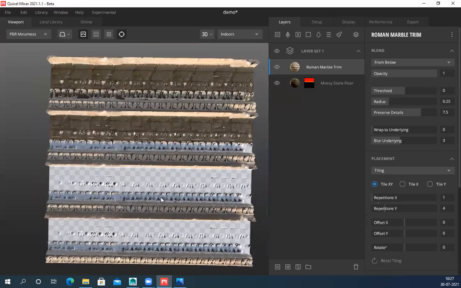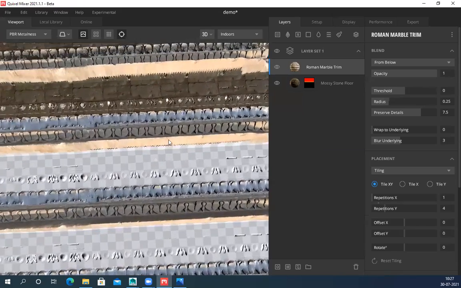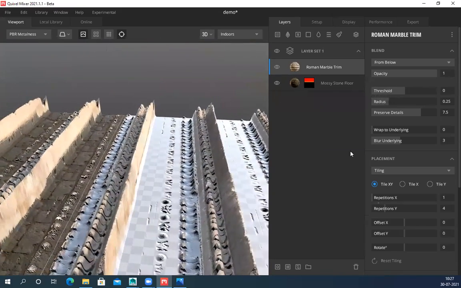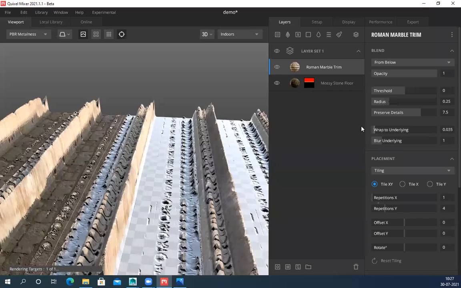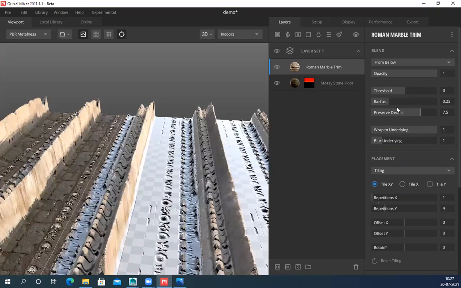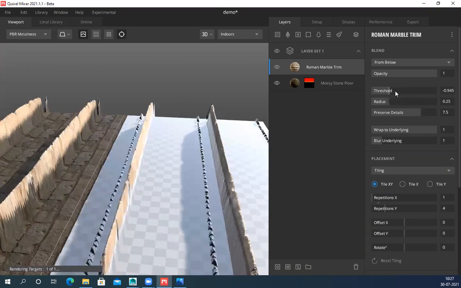Loaded, and you can see it's visible everywhere, and the height and all these things are way too much. You can select this and you can see a blend mode and all these things. The underlying layer I want to affect, I can wrap underlying, blend with the base.